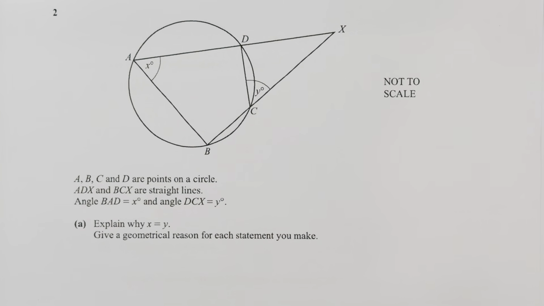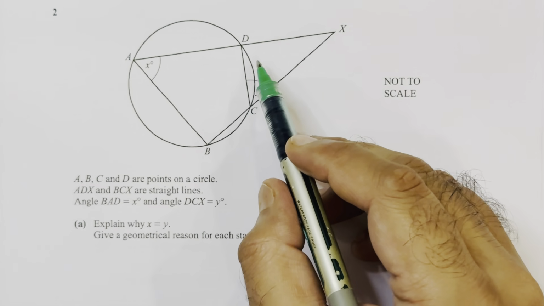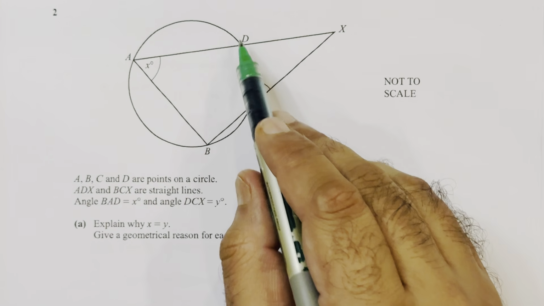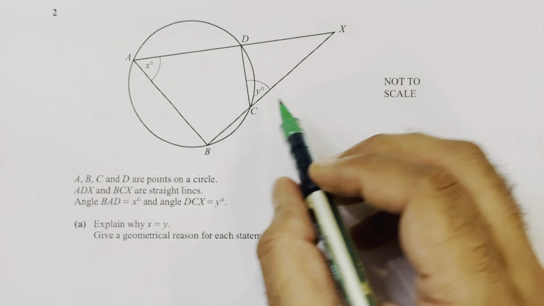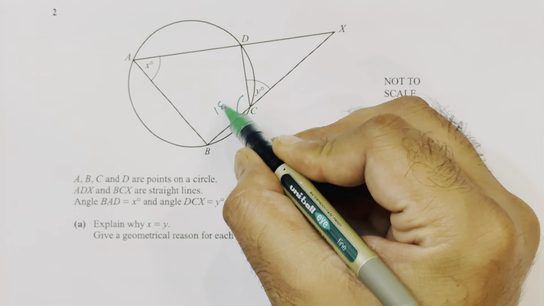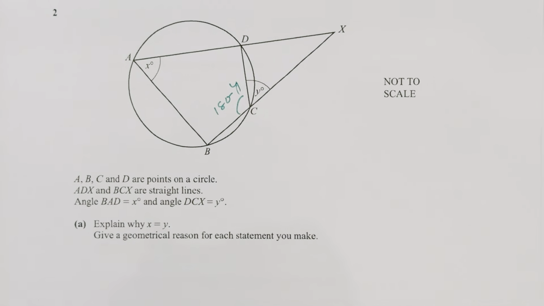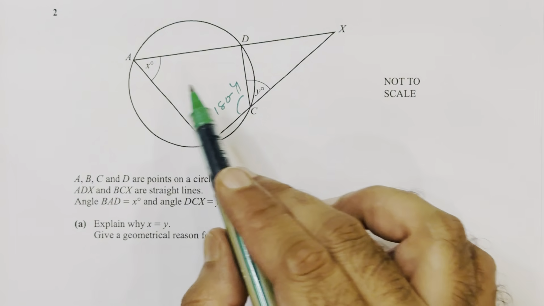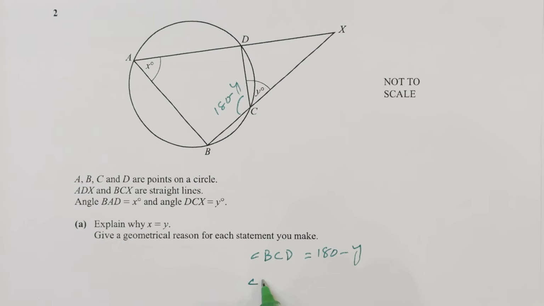So we have to explain. Okay, we know that angle BCD would be 180 minus y, and we know that angle BCD is equal to 180 minus y, and we also know that angle x, because this is a cyclic quadrilateral, then angle x plus